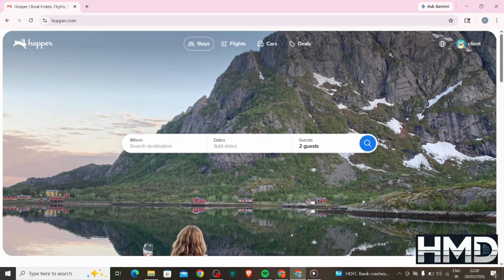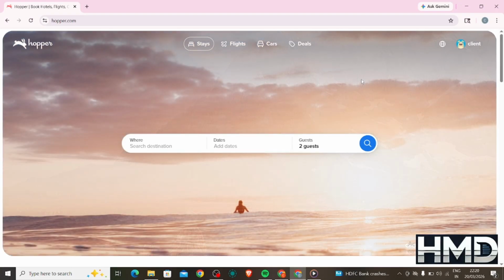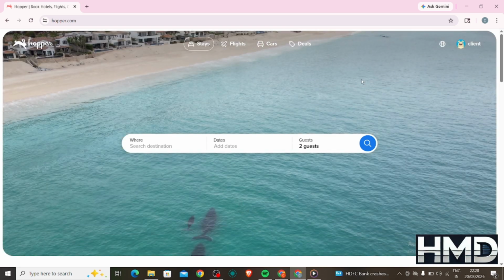If you want to book flights at the lowest possible price, Hopper is a powerful app that helps you predict fares and decide the best time to book. In this video, I'll show you exactly how to use Hopper to find cheap flights step by step, even if you've never used the app before. By the end of this tutorial, you'll know how to search for flights, track prices, and use predictions to save